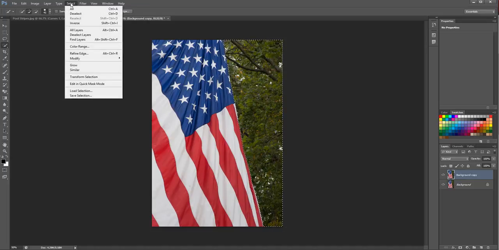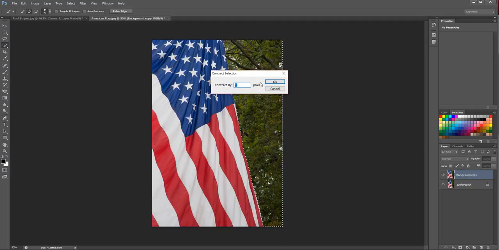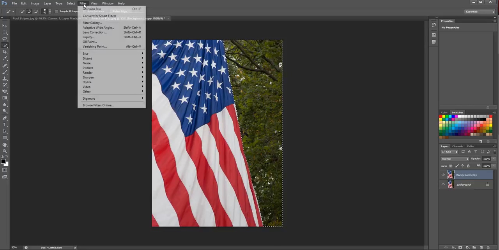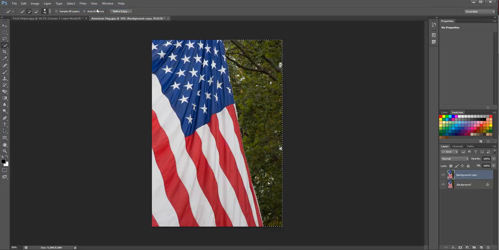But we're going to now go to Select and we're going to Modify it. What this is going to do is modify the selection that you've made, and we're just going to contract it so it's going to get smaller, and we're just going to change it by 1 pixel also. Now all this does is drag all the edges in by 1 pixel, and we're going to do the same as before, except now we've done Gaussian Blur before. It's the same as when we use Filter Gallery. It's going to repeat those steps here, so we can just click that and it'll change the blur by 1 pixel. Then again,